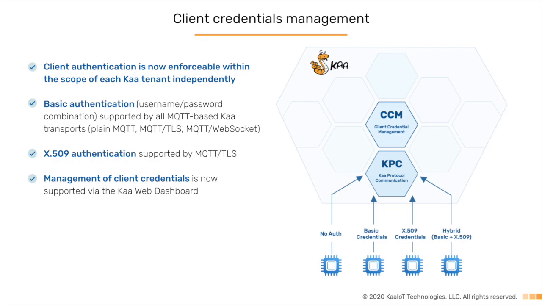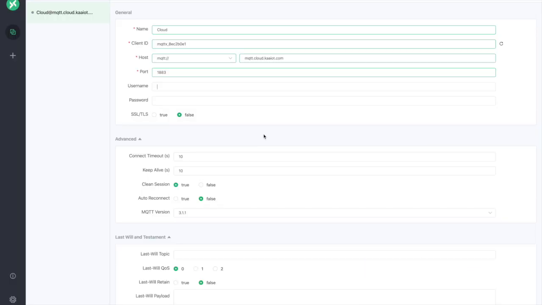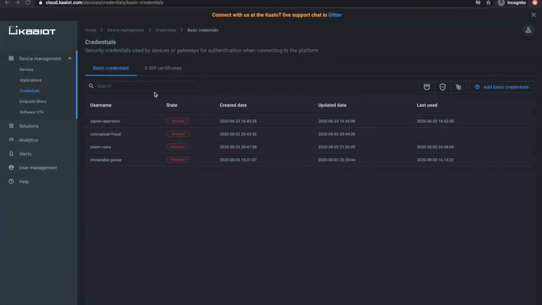Basic authentication is currently supported by all four MQTT-based types of transport in Kaa. X.509 authentication is supported by the MQTT TLS transport. Here I will be using an MQTT client for the demonstration of the client credential management Kaa feature. I have already prefilled it with the Kaa Cloud host and port. Now I want to specify the MQTT username and password. For that, you should go to the device management, credentials,